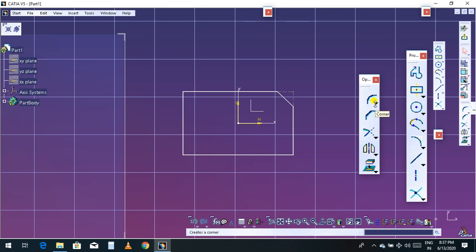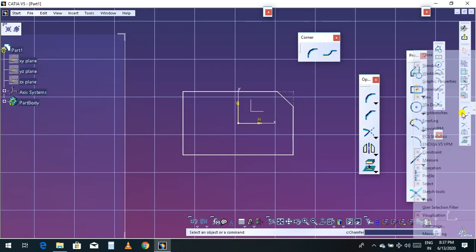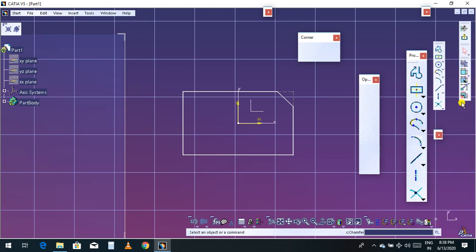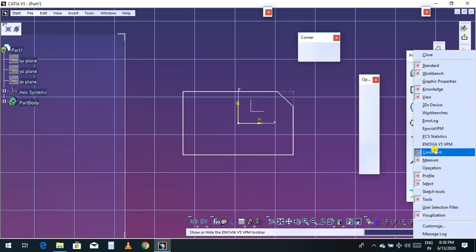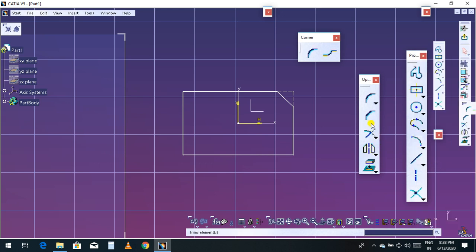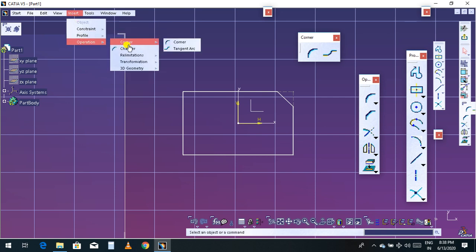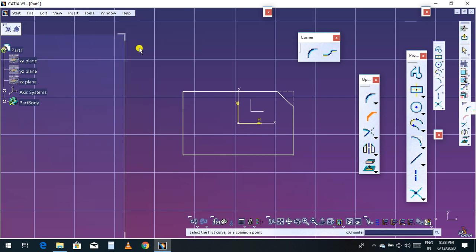In the chamfer command we also have other types. Do one thing, just go to operation and again click operation. Now go to insert operation and choose the chamfer type.